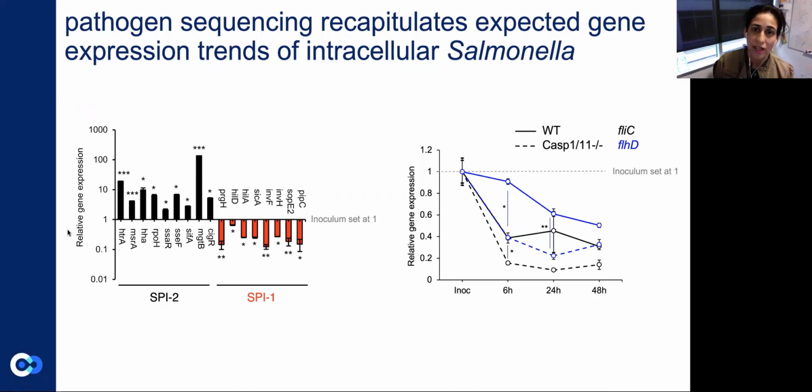Most of the data I'm going to present to you today, actually all of it with regard to the pathogen sequencing, is at 6 hours post Salmonella infection. The second is that this is a self-contained macrophage system, and so we don't really expect any contribution from adaptive immune cells here.